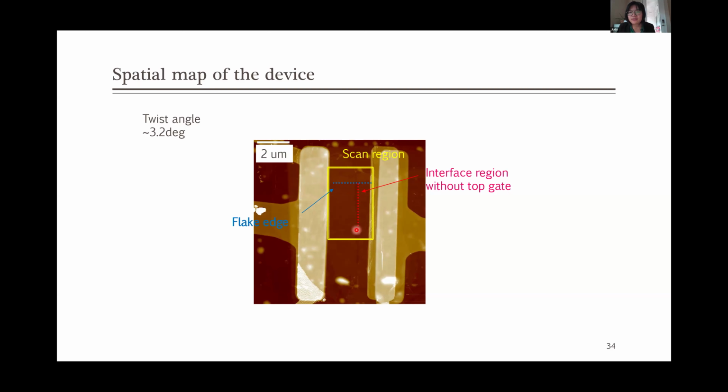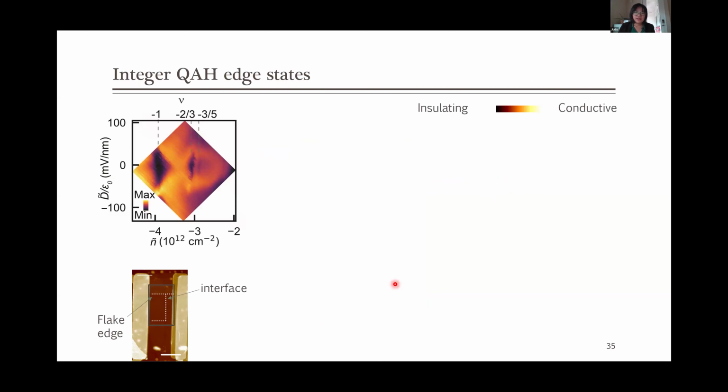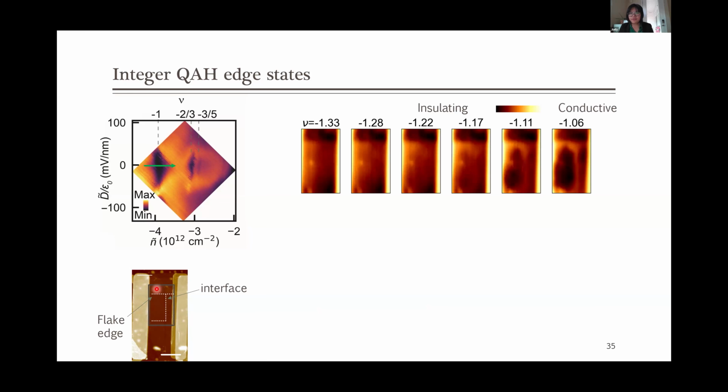And then we also have an interface region without top gate. So that's the red dotted line. And then, so these two big metal-ish colored stuff, so that's the electrodes. So we have two electrodes connected to the sample. Okay, so then what we did was to scan in that scan region, and then we tune the top and bottom gate through the nu equals to -1 filling. Then what happens is as we move,